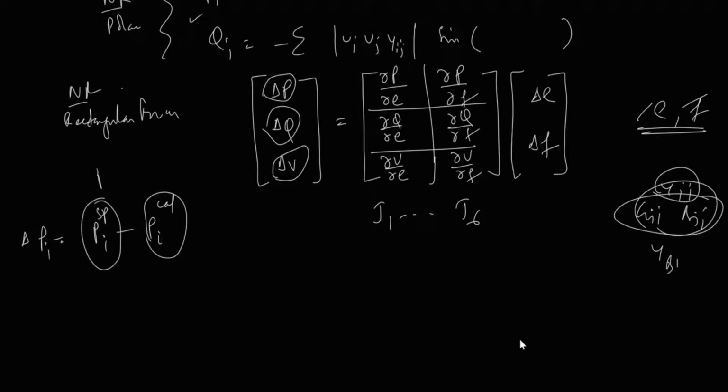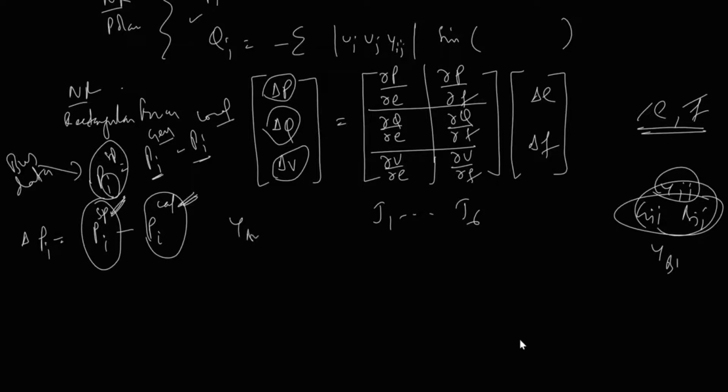As I said, this Pi specified value is equals to Pi generation minus Pi load. From the bus data, you come to know what is the generation and what is the load at this ith bus. So take the difference between generation and load, you will get the specified quantity. This is given, and this has to be calculated